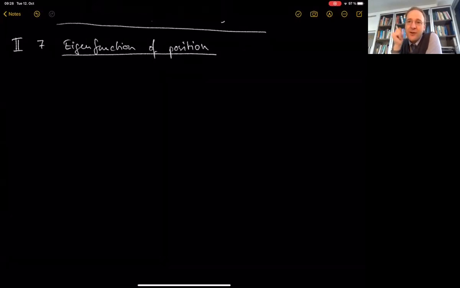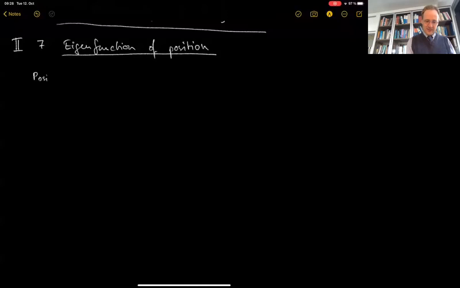Yet, of course, we need to ask this question. The position is a key variable in all of mechanics, and so we need to explore this. This is why this deserves an entire subchapter, because it's eminently an important quantity. Now, what is the position? The position, so position X,